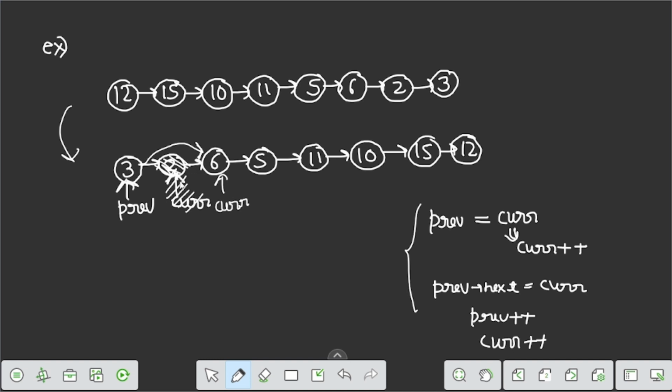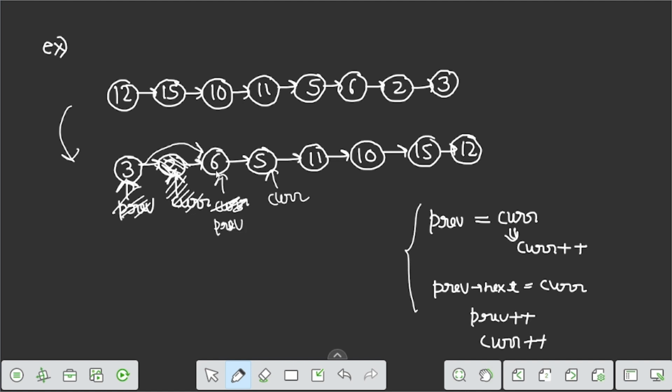We do not have to do anything else for 2, because we set previous's next to current. So again we increase the count; now current is pointing here and previous is pointing here, and now previous becomes here.